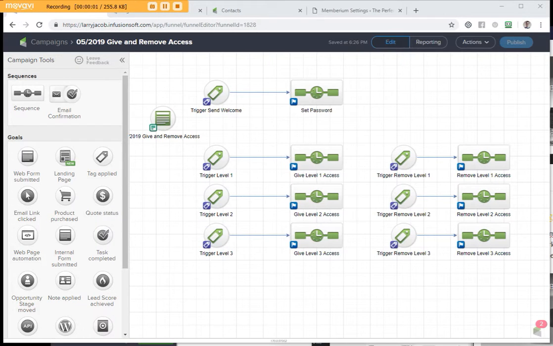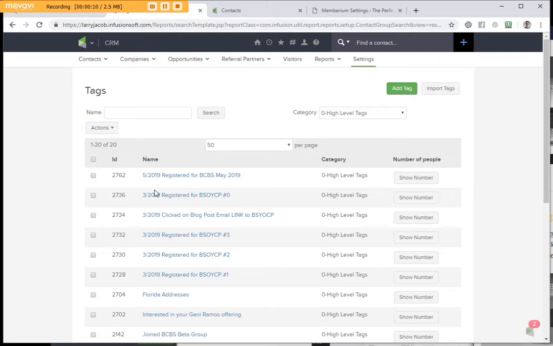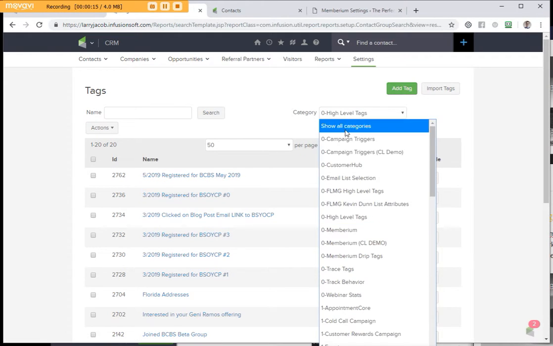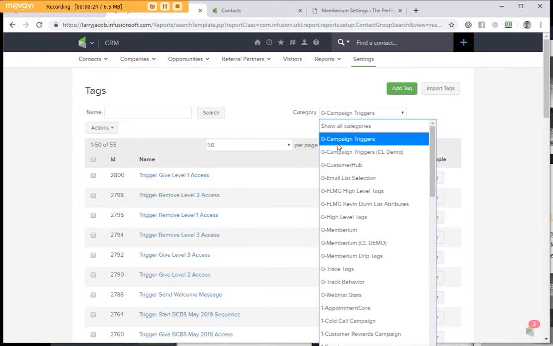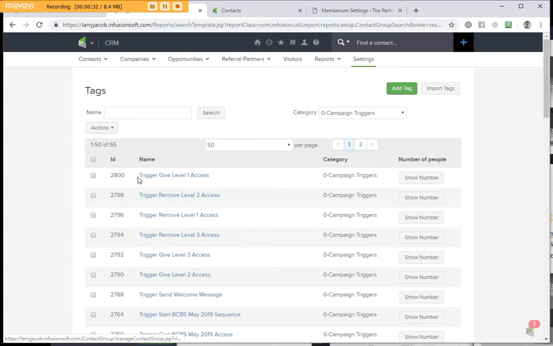Jumping into the Memberium campaigns we use to control access, I want to talk about several of our standards. So if I look over here at the tags for this account, you'll see that we have a 0-campaigns triggers tag category. Now we put a 0 in front of it mainly so that it sorts to the top. Now this is a test account. I have a lot going on in here, but we always have a campaigns triggers, and these always start with